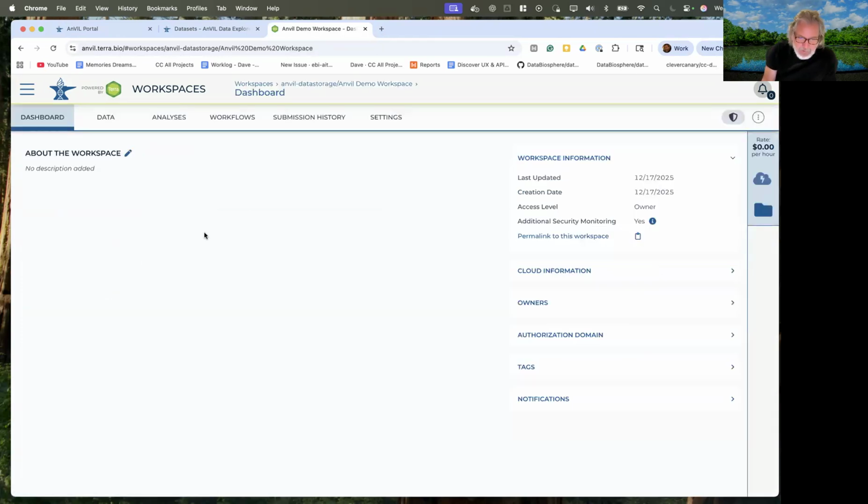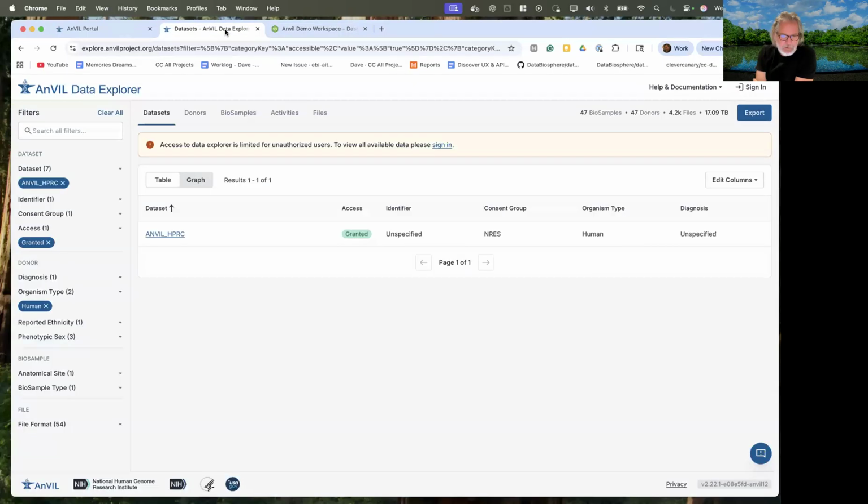So this is the export that we just did, and it'd be a good demo to follow up. I'm sure maybe we've already had demos about how to use the data that's in the workspaces, but I won't go into that here. So we just exported this AnVIL HPRC. And then another way to do the exports is, let me just